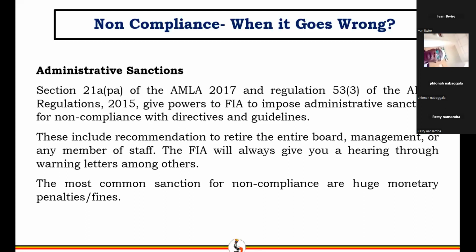So the person intending to transport such an amount is supposed to fill a Form C. That is in the Act, it's appended in the Anti-Money Laundering Act. It's supposed to be filled, and the Customs and Excise Department of Uganda, that's URA, is supposed to forward a copy of Form C to FIA. So that's how it happens. A Form C is filled, and URA forwards us a copy.